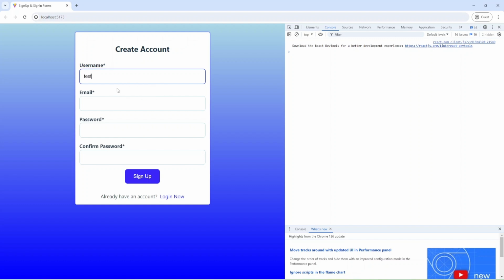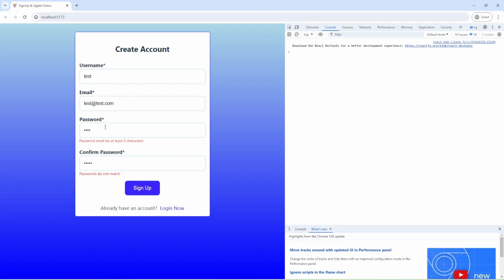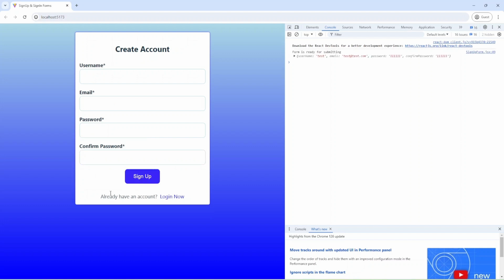I can add some name, some email at test.com, and some password, and now I can add longer password. Okay, we have our create account form, and we can navigate to our login form if the submission was successful.